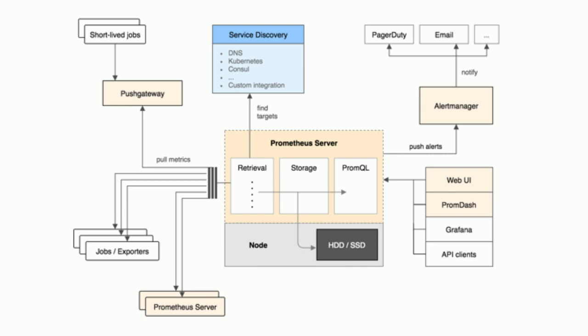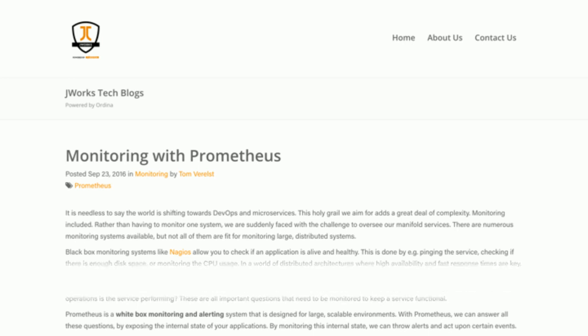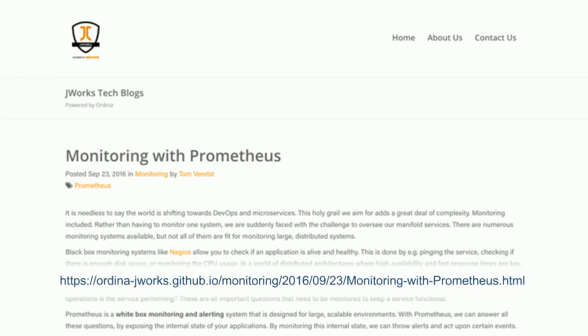So that's really powerful. As I said, if you want to know more about this, check out this blog post. This is the link. Hold on. Here we go. Yeah, there it is. And if I switch to my screen share,